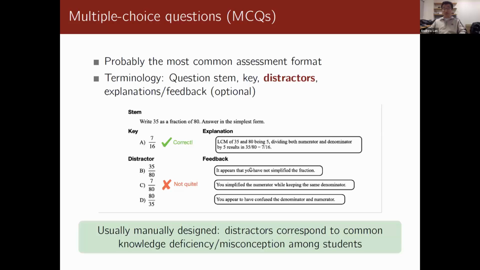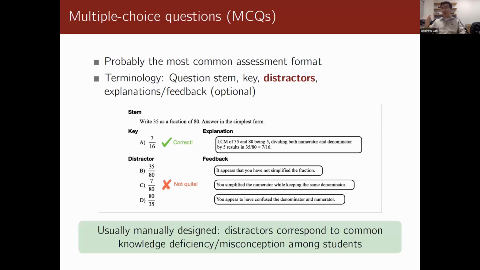For each distractor option, there can be a corresponding feedback message written in text, either explaining what the error is or providing concrete feedback about how to address the error you made if you selected that distractor. What happens in practice is that these distractors are usually manually designed.